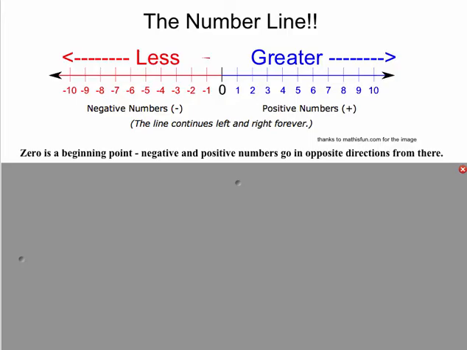We're going to start with the number line today, and most of our time has been spent looking at numbers that are 0 or greater, meaning that they go on and on forever in the positive direction. So those are called the positive numbers, and we associate them with a little plus sign. However, today we're going to be looking at negative numbers, meaning that they fall to the left of 0 on